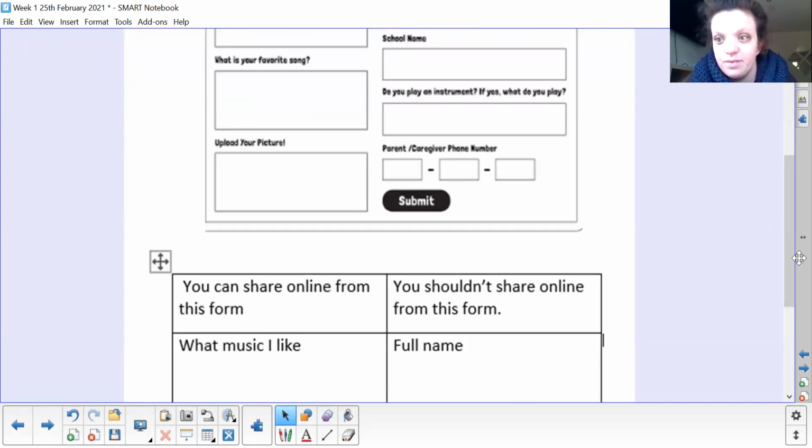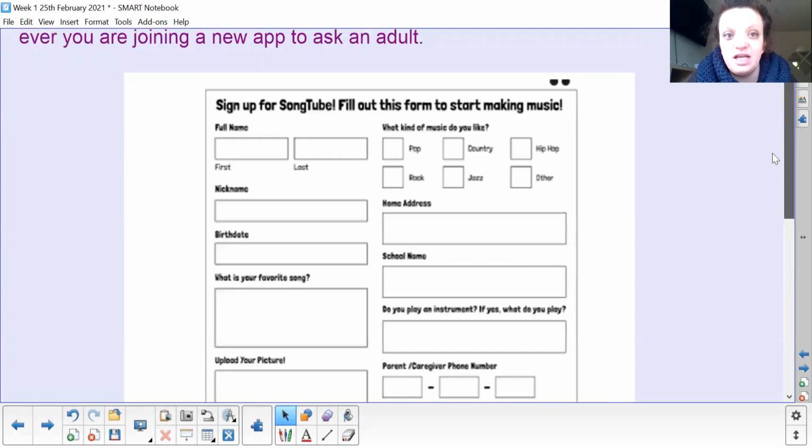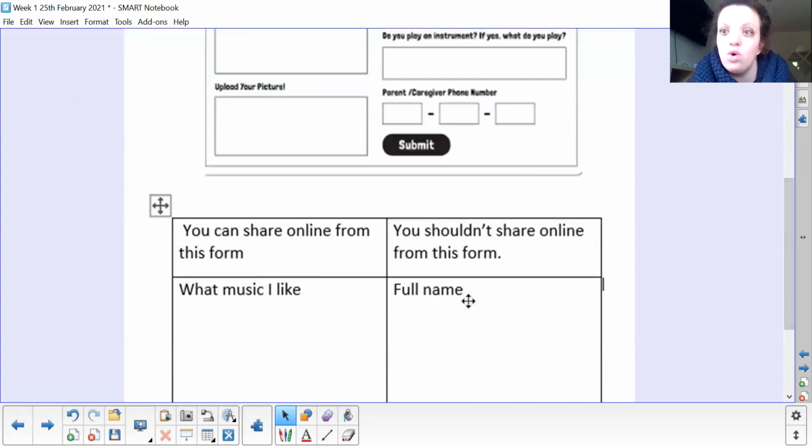You can share it. Okay, so on Teams, if you go on now, there's this form and then underneath you're to sort out each thing. So go through nickname, birthday, name, address, school name, and decide if they're going to go in can share or can't share. Okay. All right then,